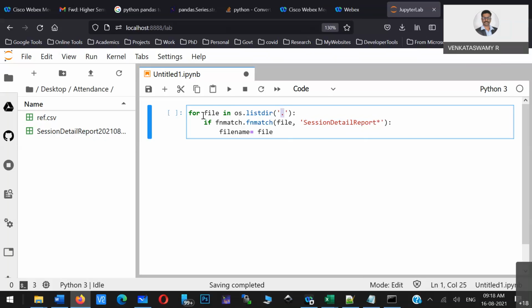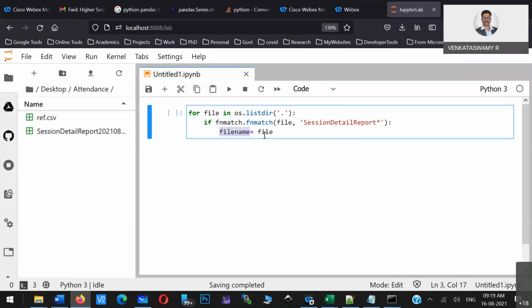So the first line will search the current directory and take all the files in that particular directory. If a file matches the name session report, the path of that particular file will be stored in the variable called file name. You understood these three lines, everybody?